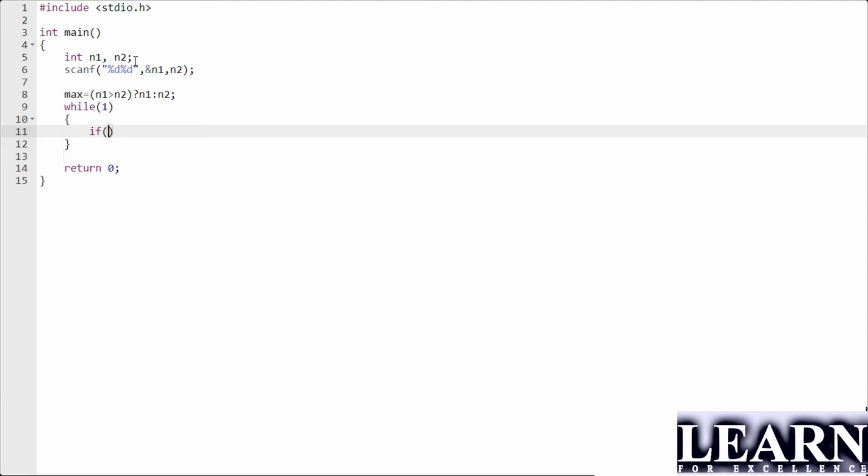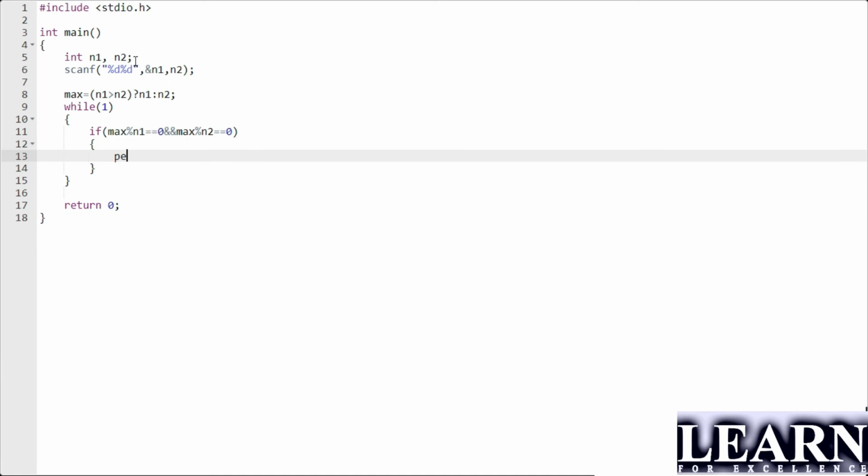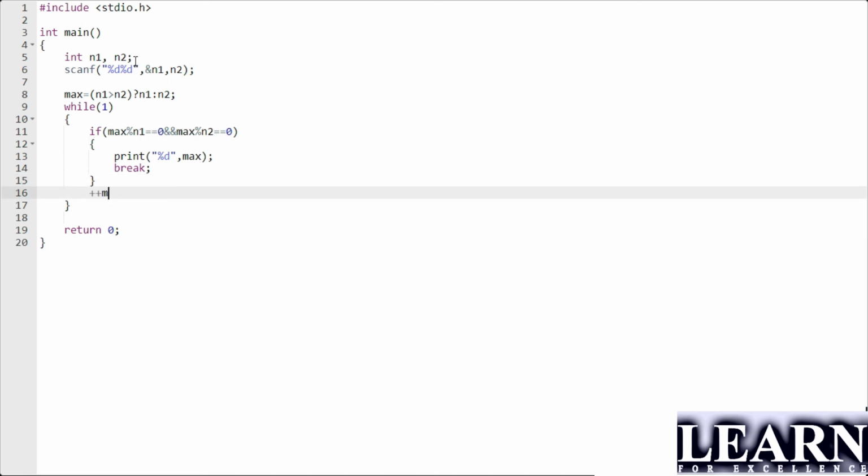Then, if maximum modulus N1 is equal to 0 and maximum modulus N2 is equal to 0, only when both conditions are satisfied will I print the value of max with printf %d, and at last I will give the break statement. Before moving on to the next iteration, I will give max plus plus, and then return 0.